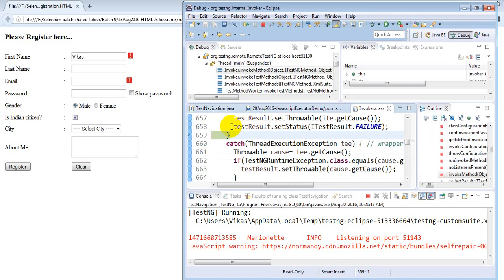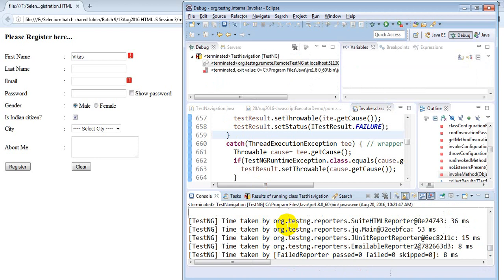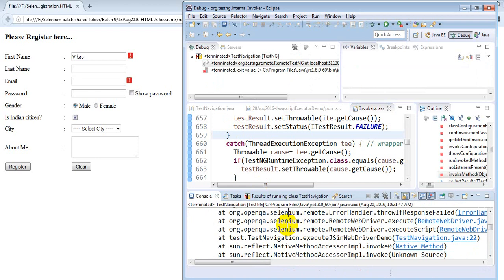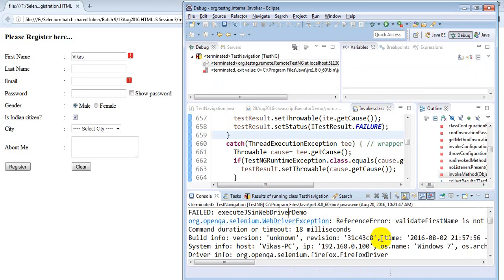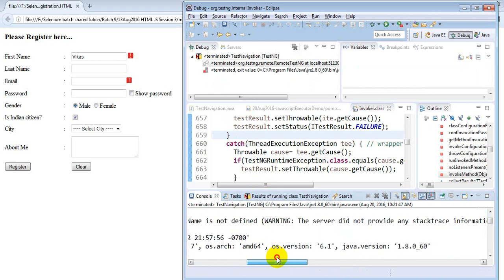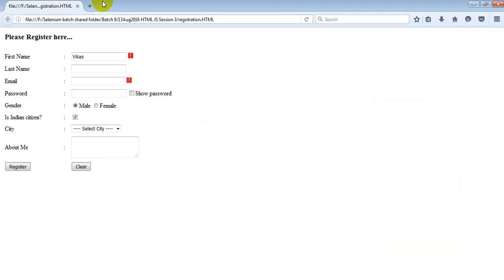Oops, it threw an exception. I don't know what the exception is, so let's read it. Go and read the exception. So what it says: reference error, validate first name is not defined. Okay,